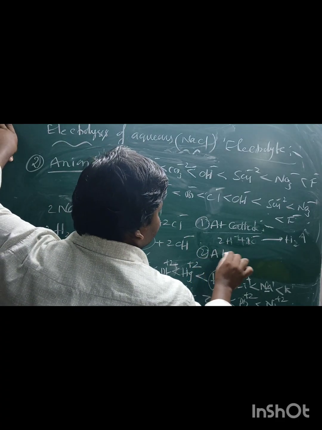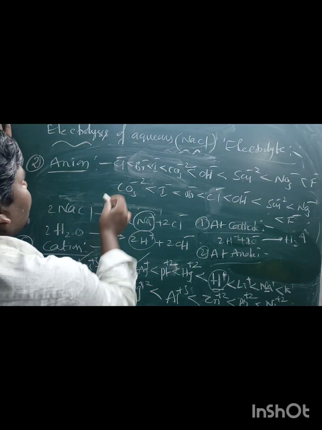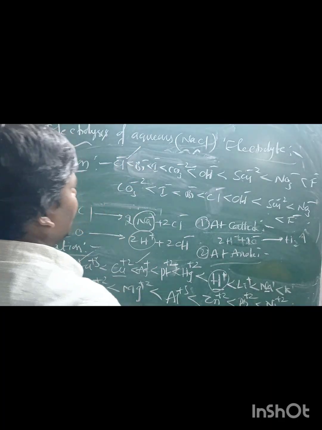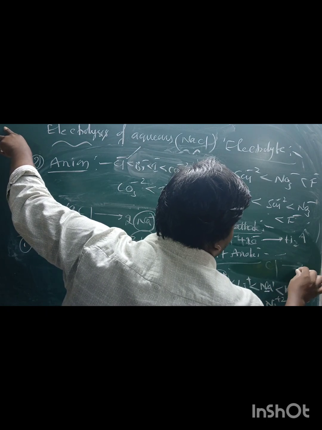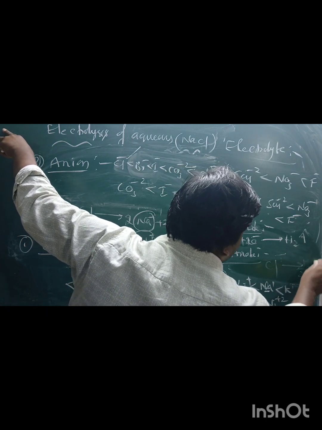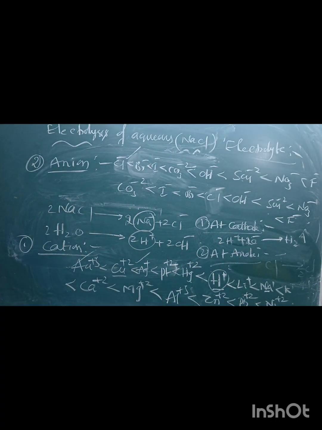At the anode, OH minus and Cl minus, which one has the lowest discharge potential? Always Cl minus ion. These Cl minus ions lose electrons to form half Cl2 plus 1 electron. That means at the anode chlorine gas is liberated, and at the cathode hydrogen gas is liberated. Like that, if the solution contains two or more